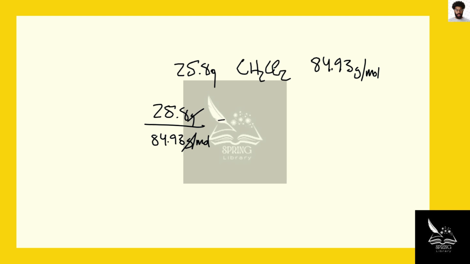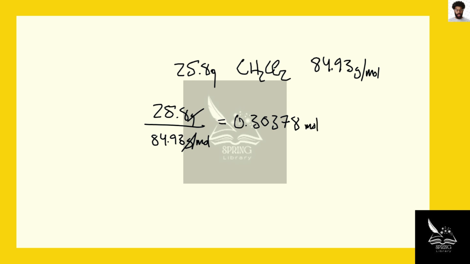Grams will cancel and we'll be left with moles of dichloromethane. 25.8 divided by 84.93 equals 0.30378